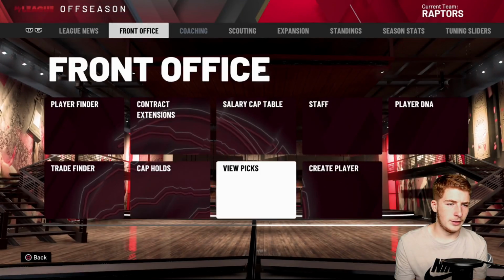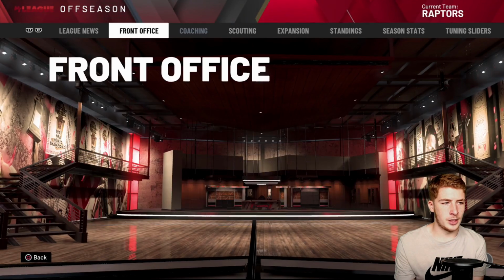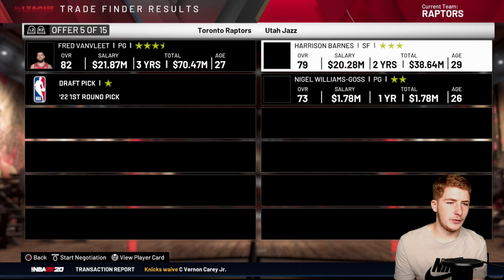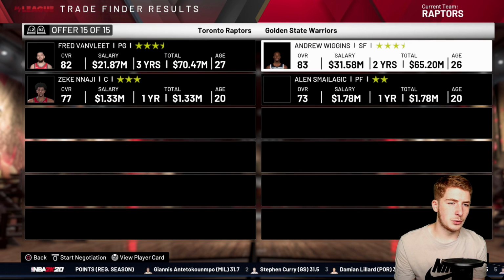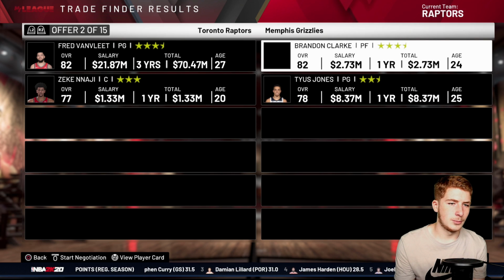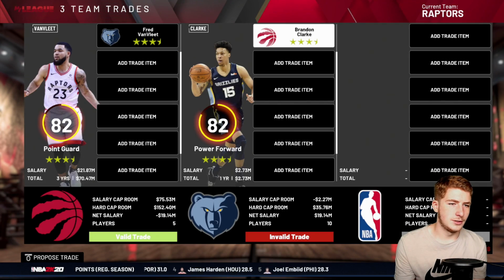I like that deal. That's going to be good for us. And then I think we should have some money, $36 million. We probably do need to trade Fred VanVleet as well, which I will be doing right now. Fred VanVleet, I do want to keep you if I can, but I just don't think it's going to be possible. Let's try to keep him. We get McDaniels and Nasir Little, but I have to give up... I don't like that deal. Brandon Clark and Tyus Jones. I'll take Brandon Clark off your hands, but I don't want...